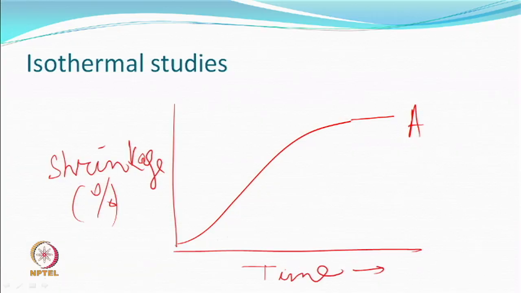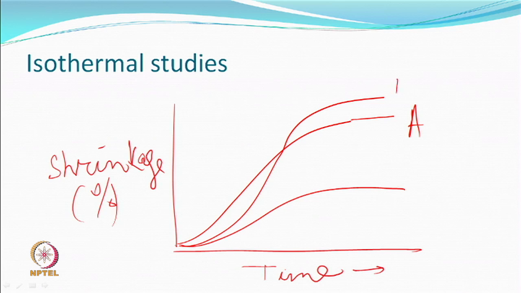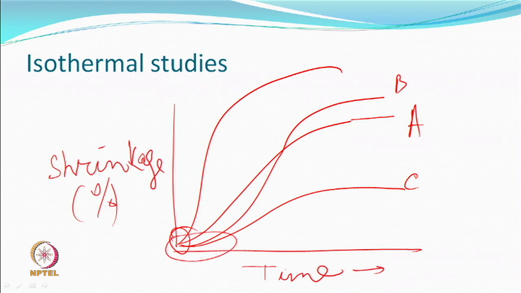So, the rate of shrinkage can change within the same solvent as you change the temperature, or you have a solvent A and a solvent B which may work like this, or like this. Some can go like this, with very little time here. So, it is like a sigmoidal curve. If this is longer, it means the induction time is more. First diffusion takes place and then the shrinkage follows.